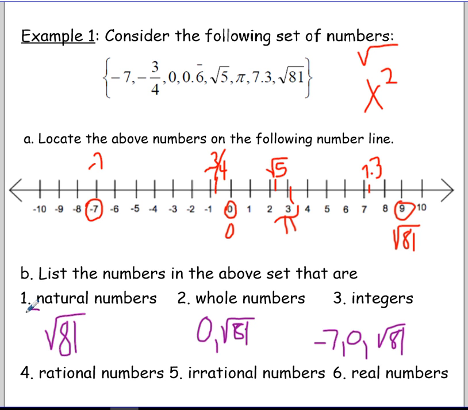And technically, we can put all of these in those curly braces because each subgroup is called a subset, and it is a set itself. So here's the set of all natural numbers in our list, with just the square root of 81,